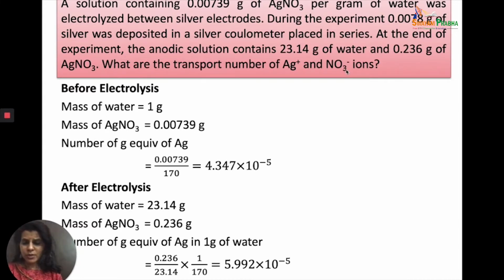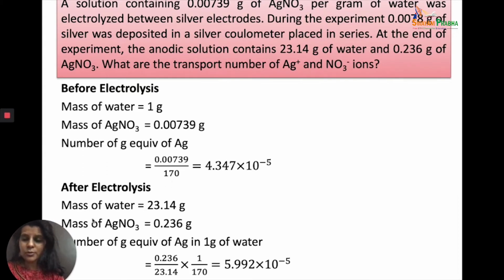So, what is it that we do? We find out the values of silver gram equivalents before and after electrolysis for a specified mass of water. Mass of water before electrolysis was 1 gram. Mass of silver nitrate was 0.00739 grams, and we get the number of gram equivalents of silver when we divide by 170. Now for 1 gram of water, again we find out the value of silver nitrate